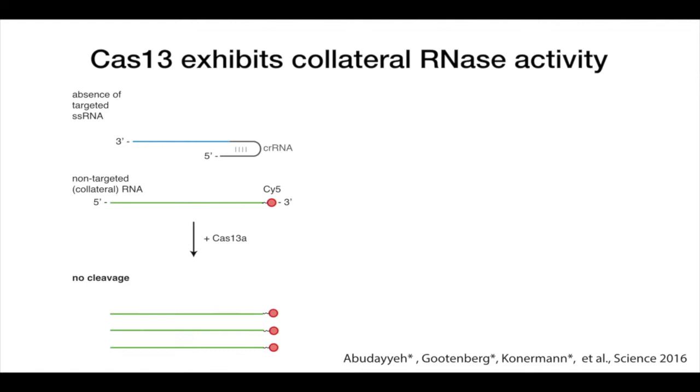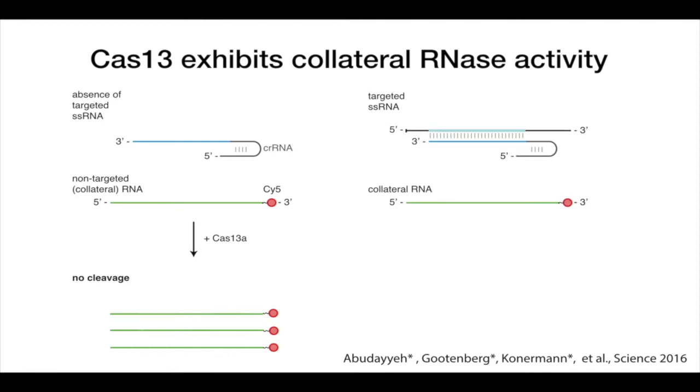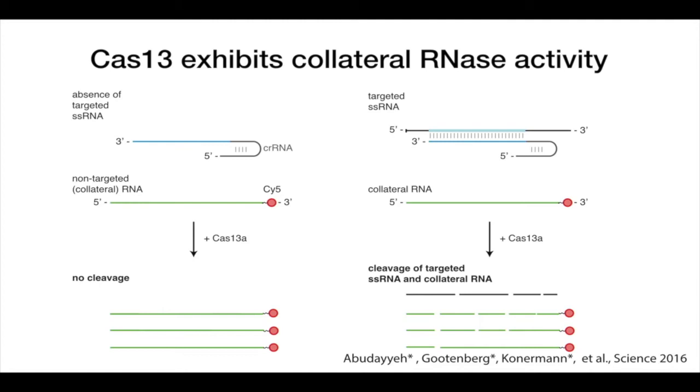But if the target RNA is present, then we see something that's quite interesting. Now, we have the target RNA, and it's base paired with the guide, and so this target RNA will certainly get cleaved. That's what we saw in the gel before. But what's interesting is that these collateral RNAs, even though they're not recognizable by the guide RNA, when in the presence of Cas13, will also get cleaved into different fragments. And so this suggests that Cas13, upon recognition of the target based on guide RNA complementarity, is switched into this non-specific promiscuous state, and it can go and cleave other RNA molecules that are in the vicinity of the enzyme.